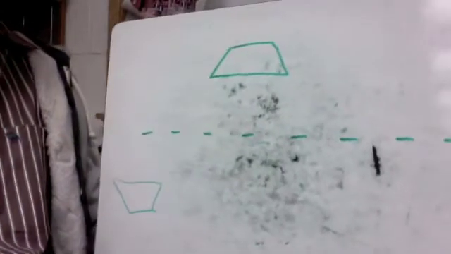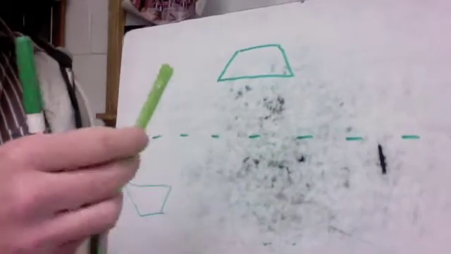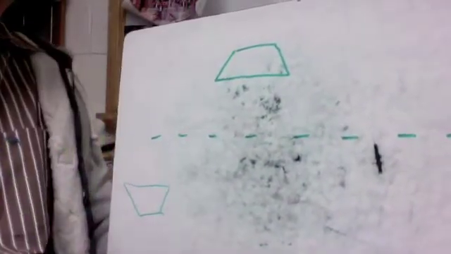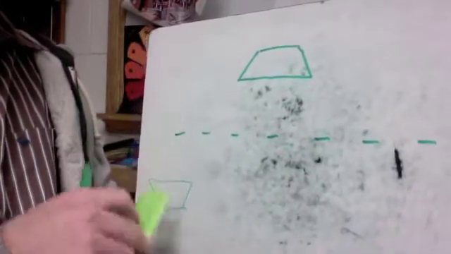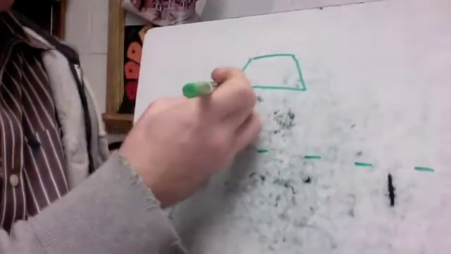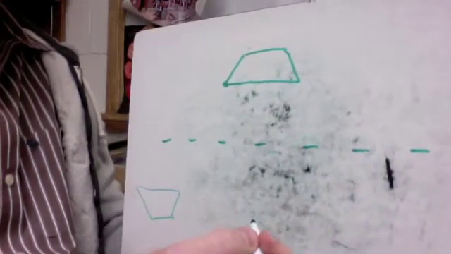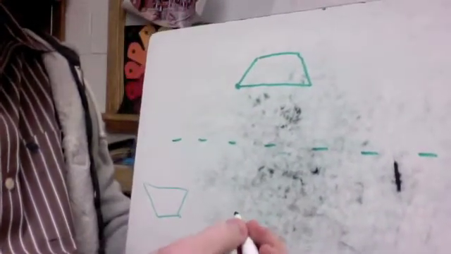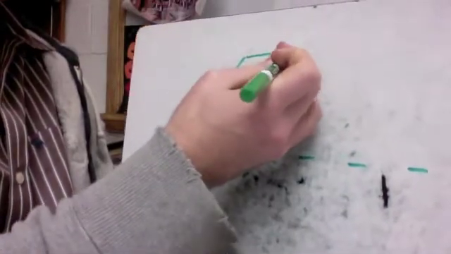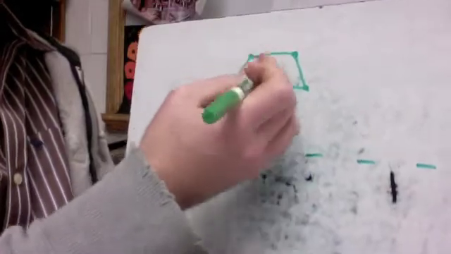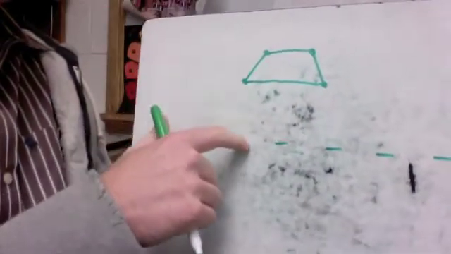So the easiest way that I've found to do this is I just take a ruler, and it doesn't matter what kind of measurement you use. I'll just use centimeters. I think that's easiest. And I take each, what we call vertex, each point here, and that's another word that we'll talk about later, but we might as well introduce it now as vertex. Each one of these vertices is the plural of it. Vertex would be one, vertices would be more than one, and figure out how far each one of these is